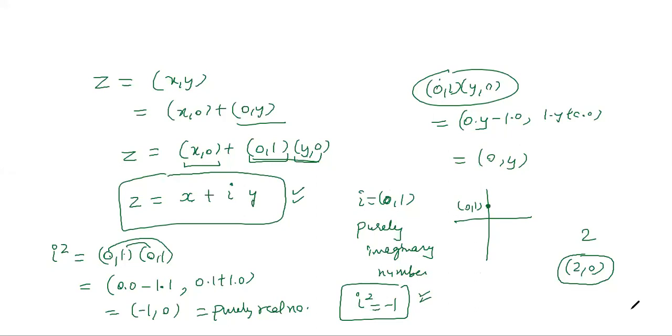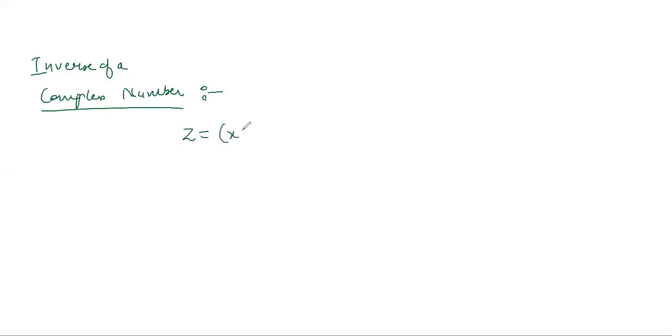After that, again something very basic. You can find the inverse of a complex number. How are you going to find the inverse, the multiplicative inverse, of a complex number? If I have a number z = (x, y) and I want to find another number, say z inverse, what is going to be the property of z inverse? The inverse of a complex number is also going to be a complex number. So let's use the notation (u, v) for that.